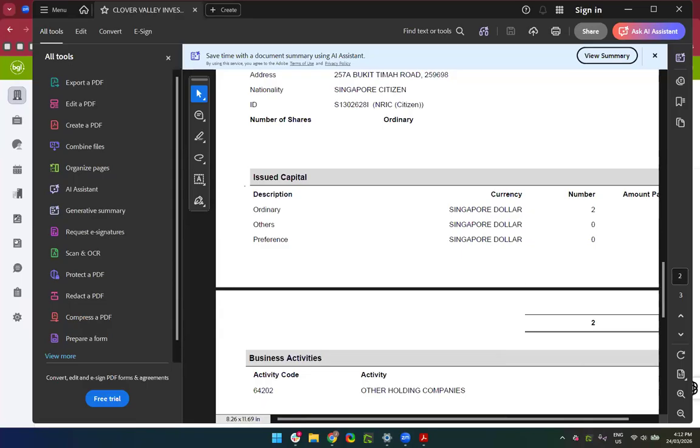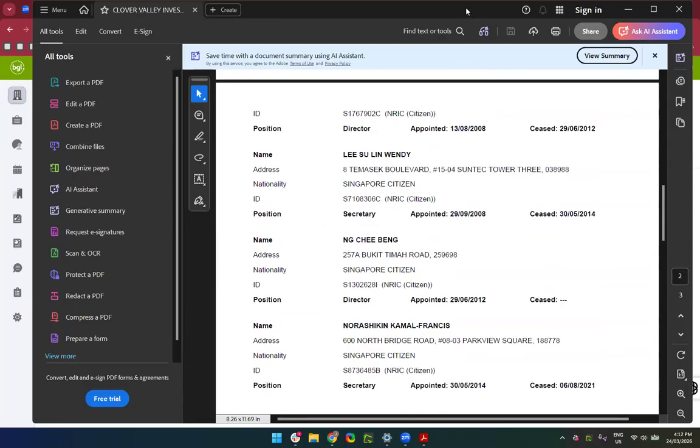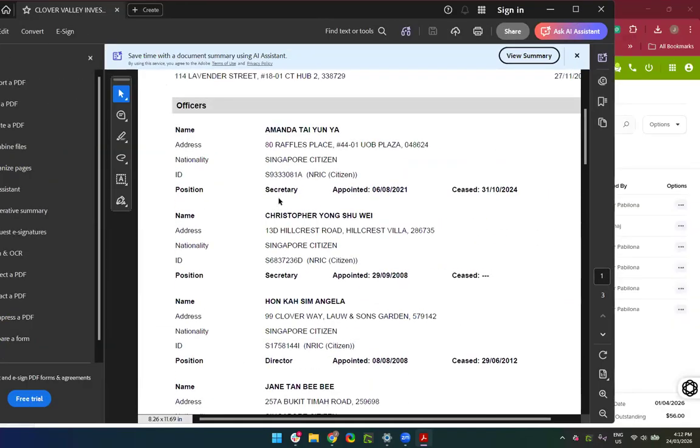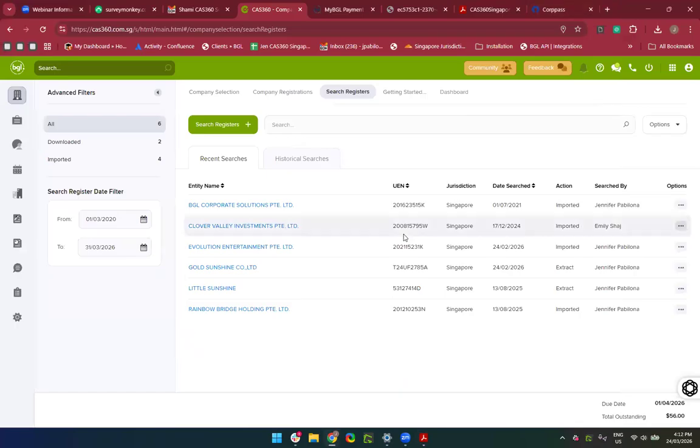Apologies, I had some technical difficulties. I hope everybody can see my screen right now. Coming back to earlier, what I'm showing right now is a company registration. It's similar to your business profile. Now, as you know, we extract it at $10 instead of $5,